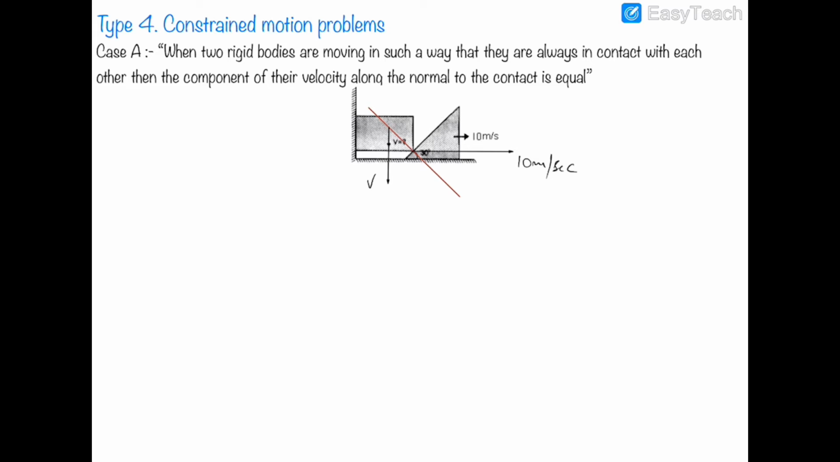Now the third step says that we have to resolve these velocities on the normal to the contact. So the component of these velocities will be, we have to identify the angles. First of all, this angle is 30 degree and this angle will be 90, that's 60 degree, and